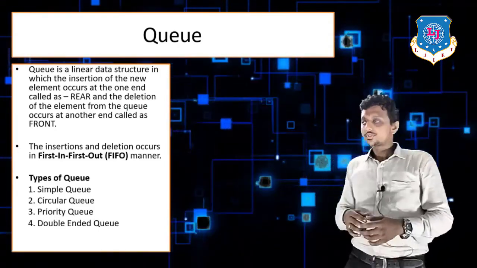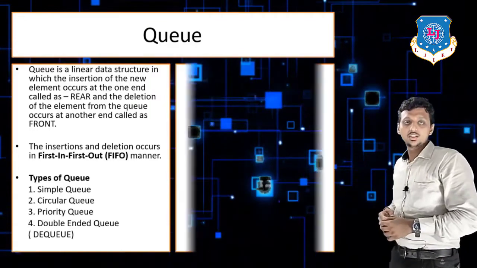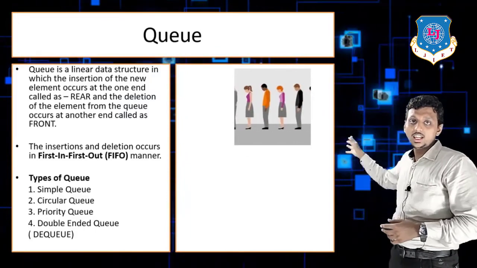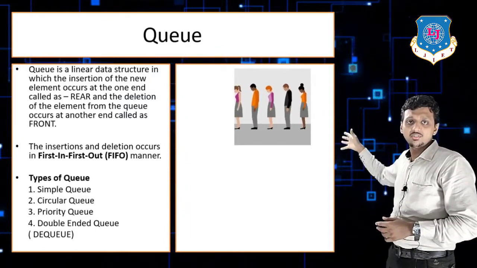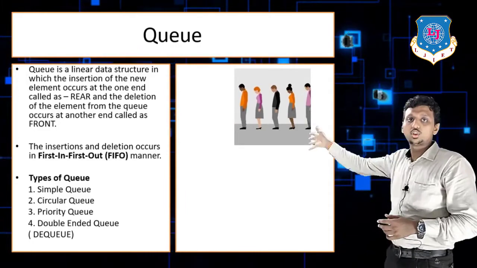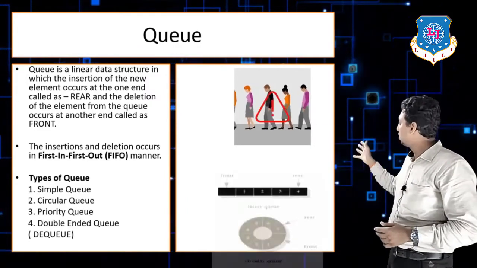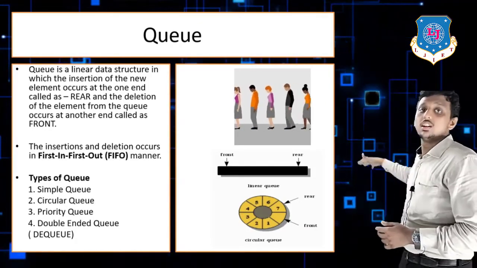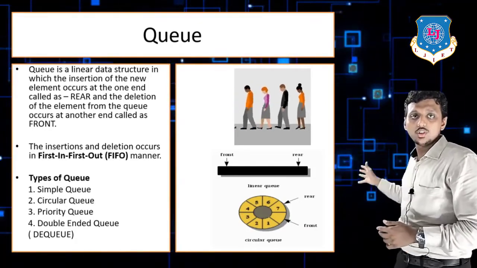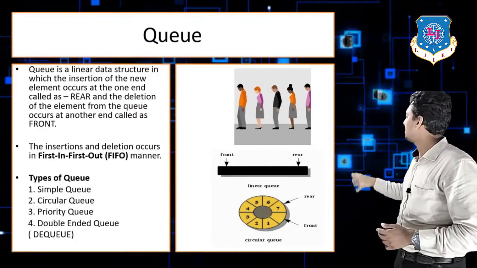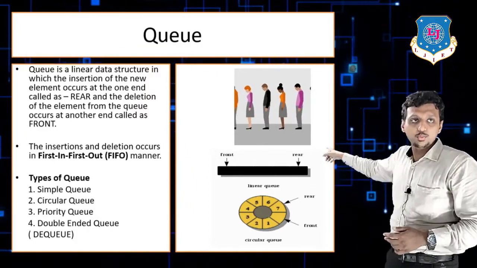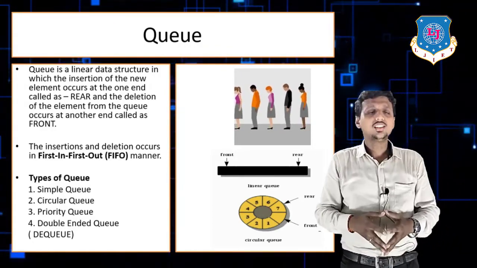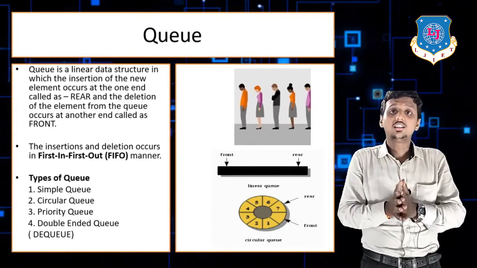Okay, so here you can see an example of a queue. In this figure you can see some people are going further in the line. The first person will get the ticket and go out from the queue first. Here is another example of a queue. You can see that this green shaded queue is known as a simple queue, and this yellow shaded queue is known as a circular queue. Here you can see two different pointers. The first pointer is known as rear and the other pointer is known as front. Rear is used for insertion and front is used for deletion.